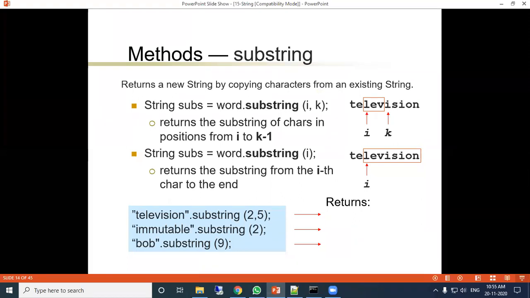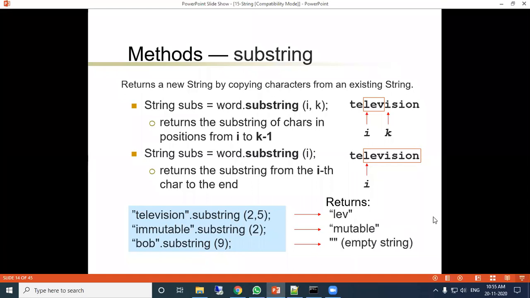Substring has two parameters. The second parameter is optional. If you don't give it, it automatically extracts till the end of the string. If you give it, it will extract till that position. So this is the output which we have seen.